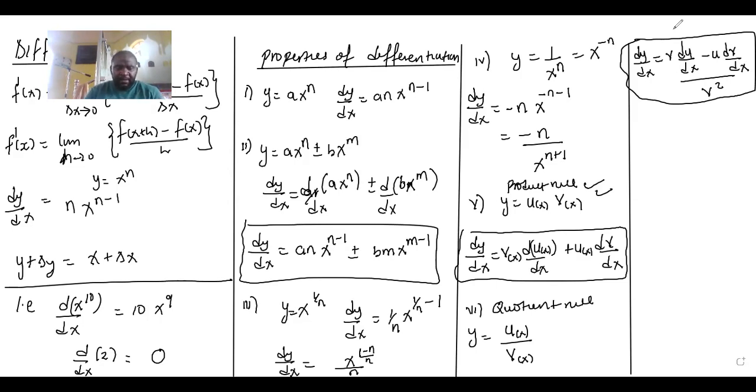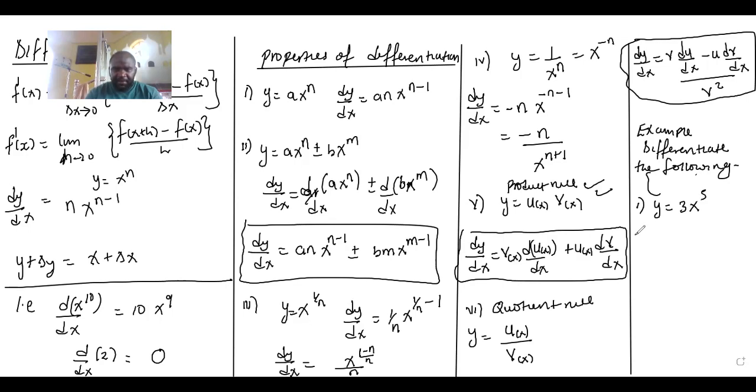So, examples. Differentiate the following. Of course, now what is left is around how many examples? We can do around 10 or 15 examples now. Before 10, then at 10 we can introduce tangents and normals so that we can close when you have an idea. So 1, y is equal to